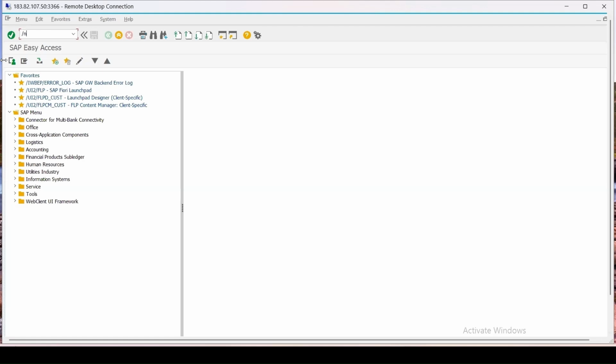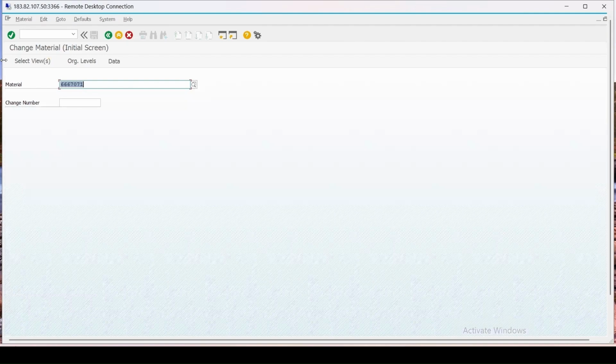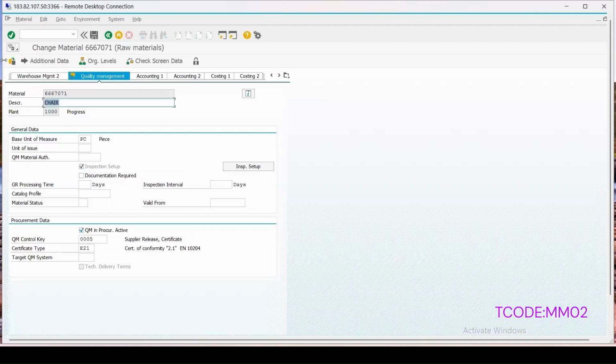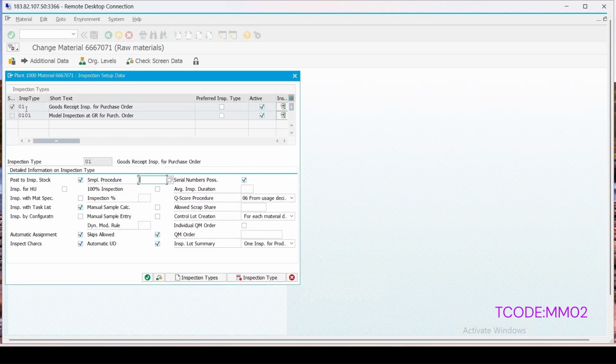Show you the details of my material, MM02, enter. This is my material quality management view. Plant is 1000. In the inspection setup, I have activated inspection type 01 and even 0101, which is a source